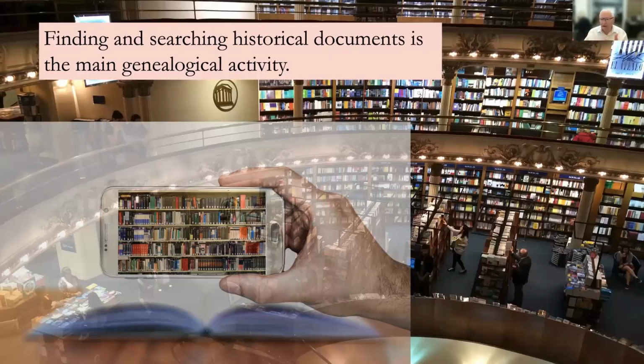So finding a source for the documents, for example, finding tax records or land and property records or probate records, that's the first challenge. And then within those documents, we may have to go to the point of looking page by page through the document in order to find the information we're looking for. Now, it's important to understand that the documents actually do have information about your family.